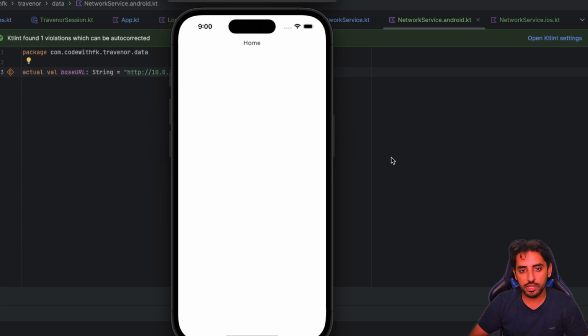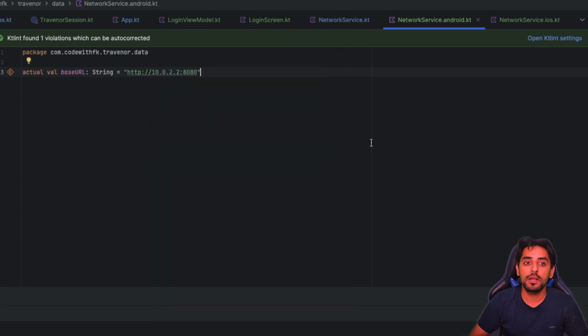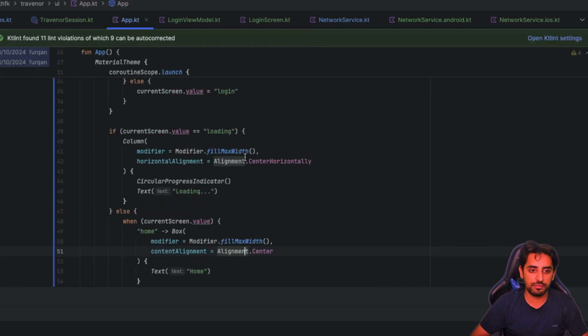So it is storing everything and we are very good. A lot of things just to make these login flows work. So we are pretty much done with that. The next step of this video is going to be the navigation, because right now I just added this stuff